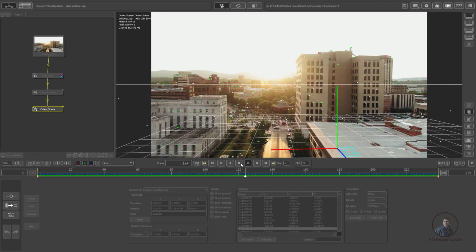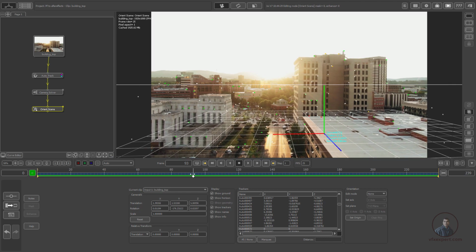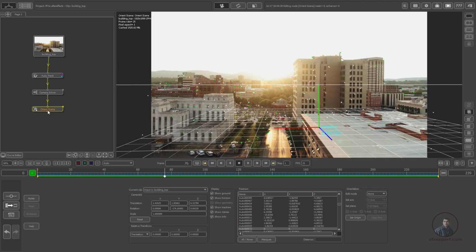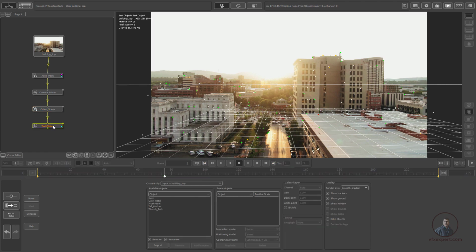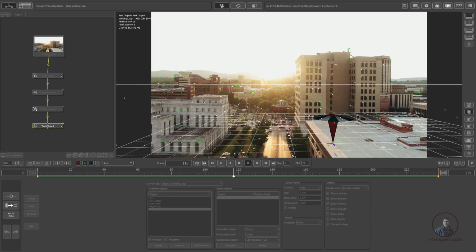Then after this, if you want to check your camera solve, you can create some test objects here. So here I am going to create some test objects. Again right click on this orient scene, then select geometry and test object. Then double click here, then downside you can select, so maybe this thumb track here, then uncheck this recenter option and simply click on add to scene here. This will add your geometry on your origin first. Now play and check. So here this is looking good.